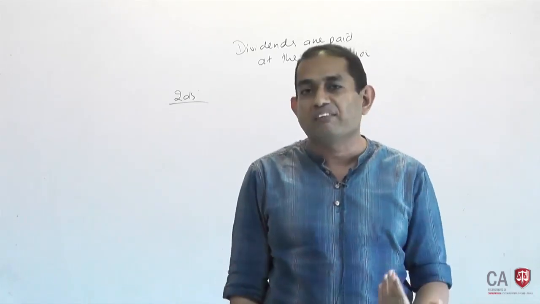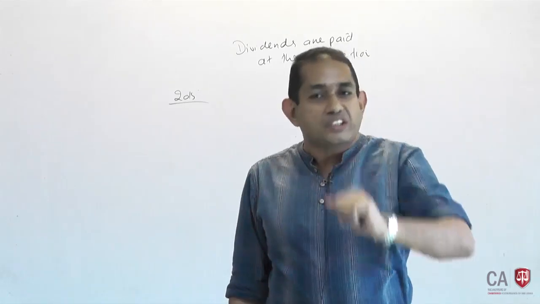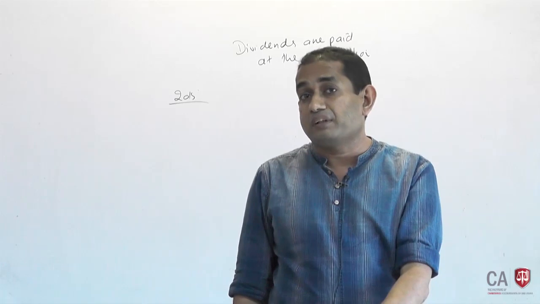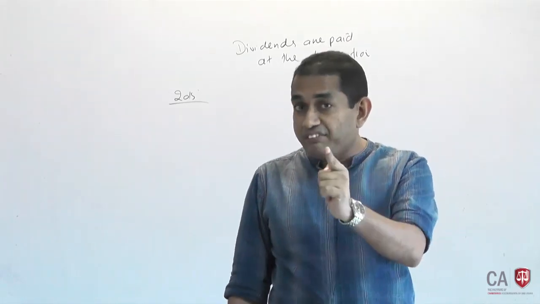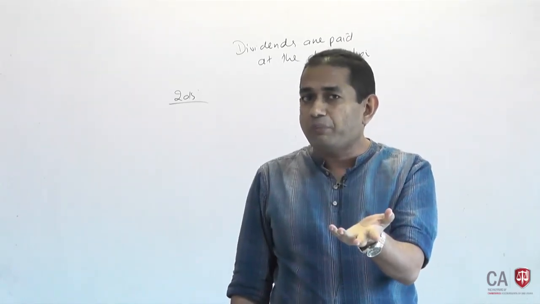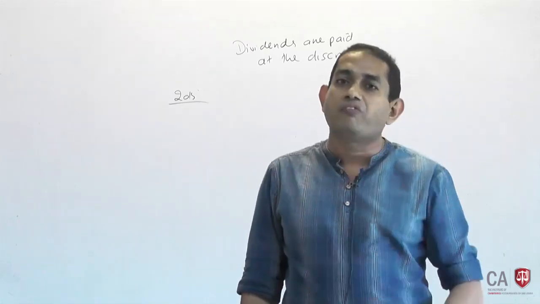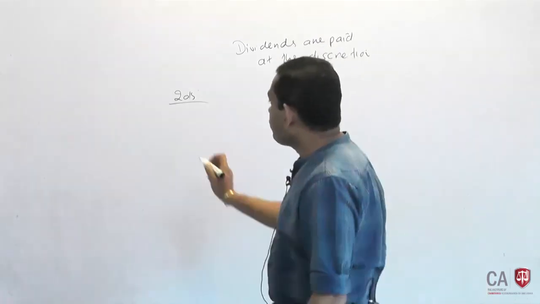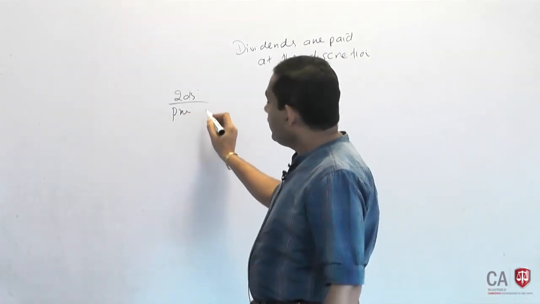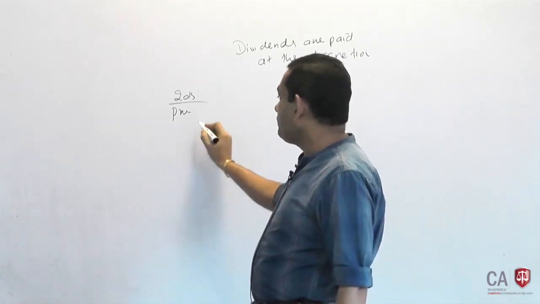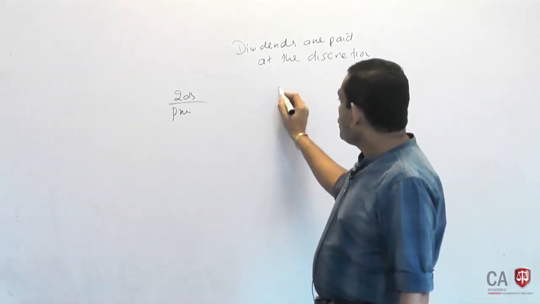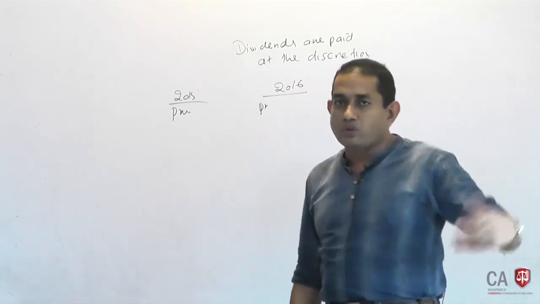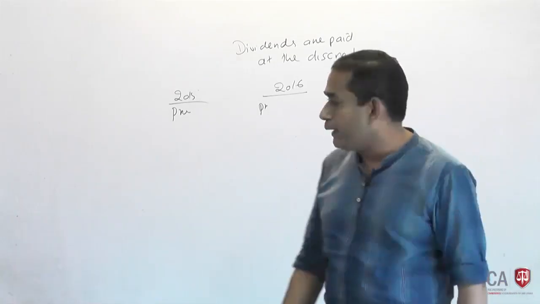So then normally what is the practice? Paying annually. If you were a shareholder given the decision making power, you would request dividends annually, or you will just wait by keeping your mouth shut. You will obviously insist on dividends annually every year. So, in 2015 we had profits, shareholders insisted on dividends, we paid, no problem. In 2016 again we had profits and we paid dividends, shareholders insisted, we paid, and that is the end.